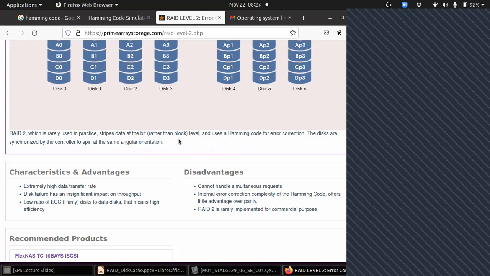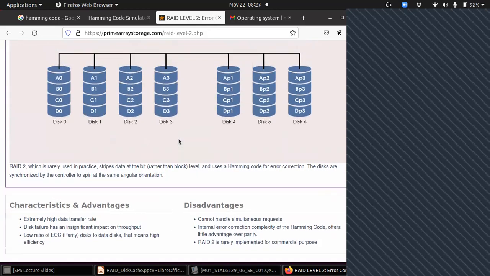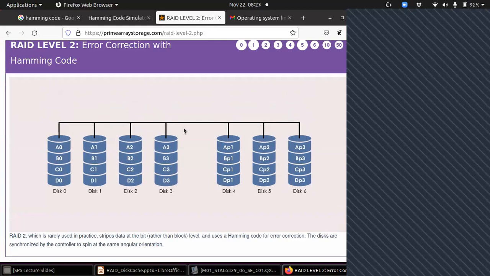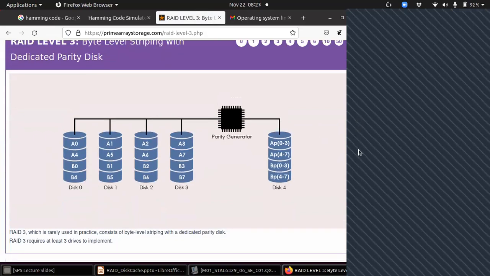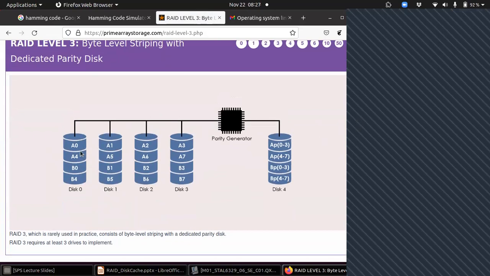So it is the same thing that we discussed. Now the similar RAID level 3 is there. It is similar, but not exactly the same, where again data stripping is there, which may be at byte level or word level. And now there is only one extra disk, which is used to store parity of corresponding bits of these bytes.